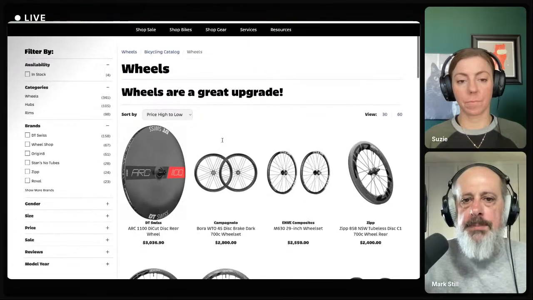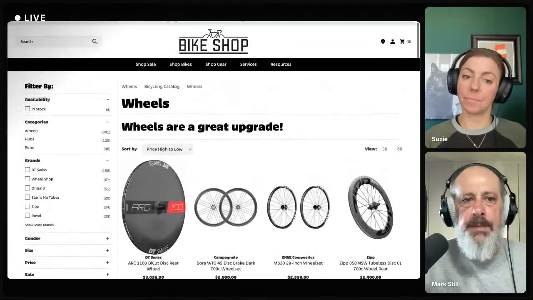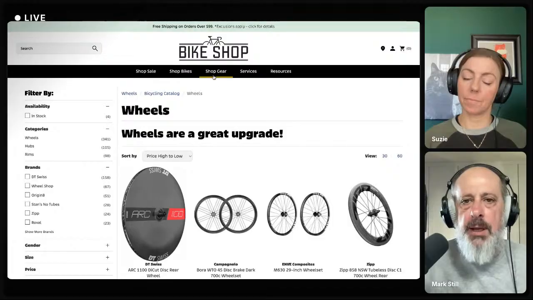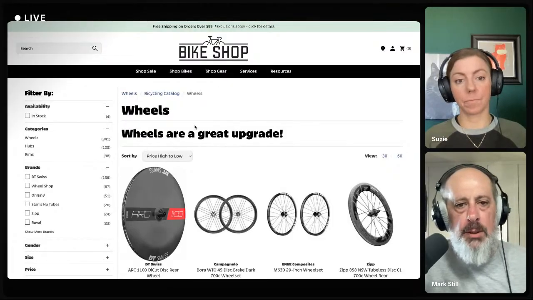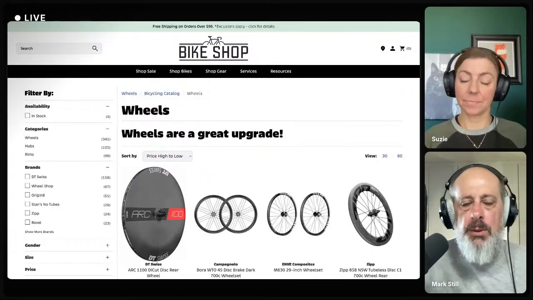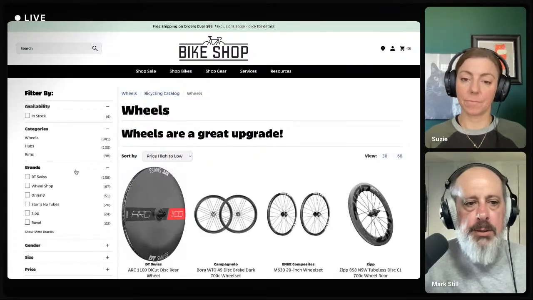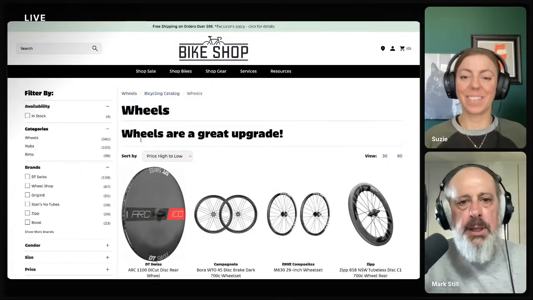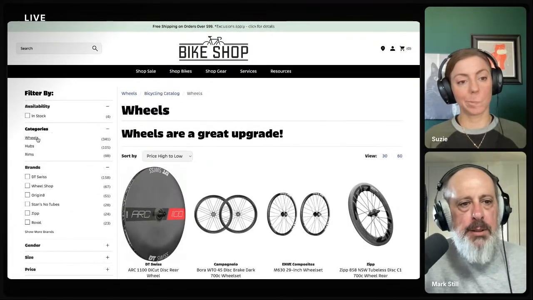And so I think that's good. Now, you can use this page in navigation. You could use it in social media posts. You could use it for all sorts of things, but it's a great way to show shoppers your wheel selection or whatever selection you come up with. And because it's a catalog link page, you get all this fun